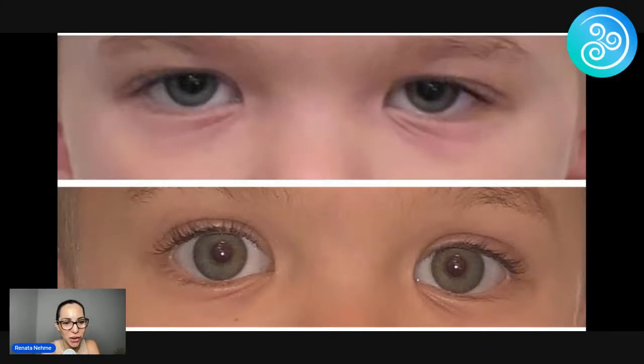Now the teachers are going, oh my gosh, what happened to him? What is he doing? He's so quiet. He's doing so good. He's paying attention in school. Now he's able to actually sit in front of the computer and do therapy with me. So it's just beautiful whenever you find this world and how much you can help these kids.